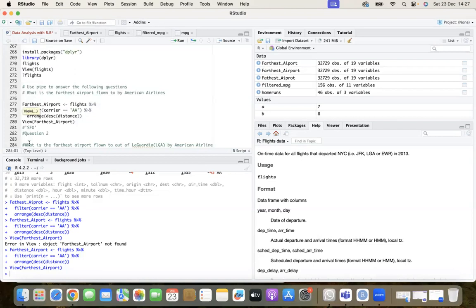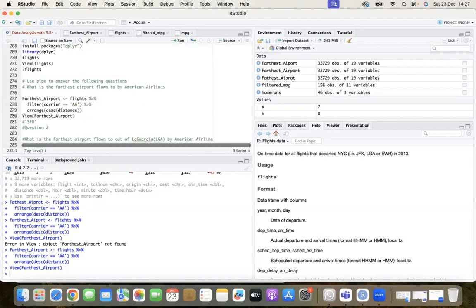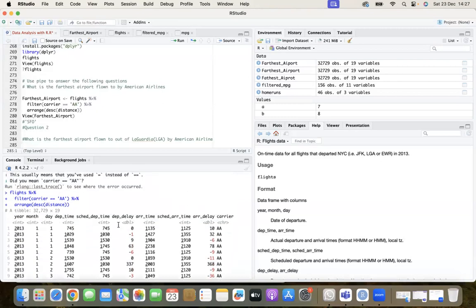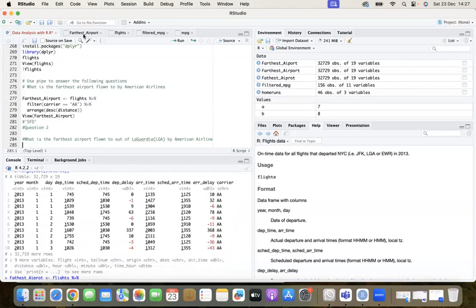So AA is what we're still dealing with. So we can use, let's try to see how we can do this. So now we want to know the farthest airport flown to out of LaGuardia. So in this case, we have to deal with two things. We need to deal with the flight out of, so we need to have a flight out of